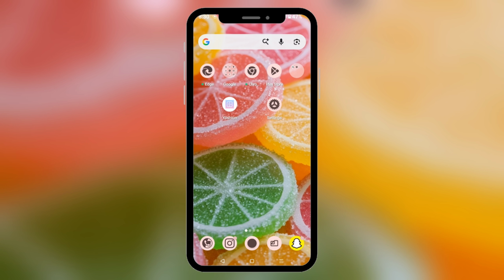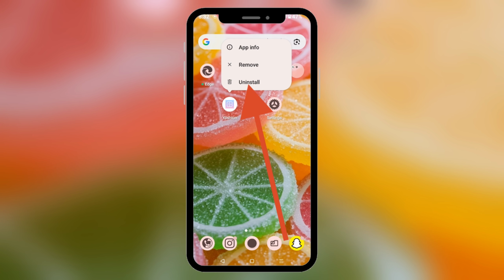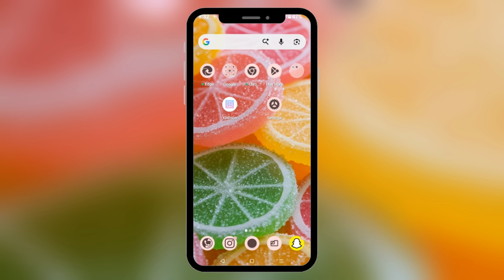First things first, close your Yoshion completely. You don't want it running in the background while you are trying to get rid of it, right? If you have your app right over here in the home screen, the process is easy. Simply tap on it and it will show you an option called uninstall. Simply tap on uninstall. And if it's not right over here, what you can do is you can go to